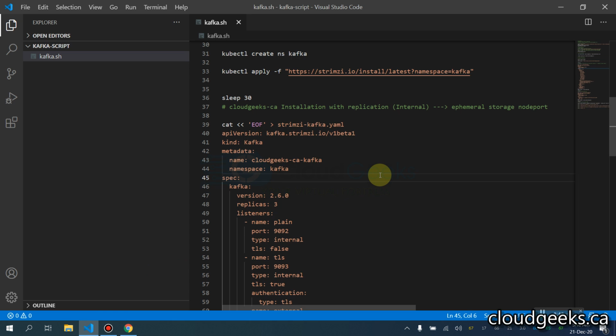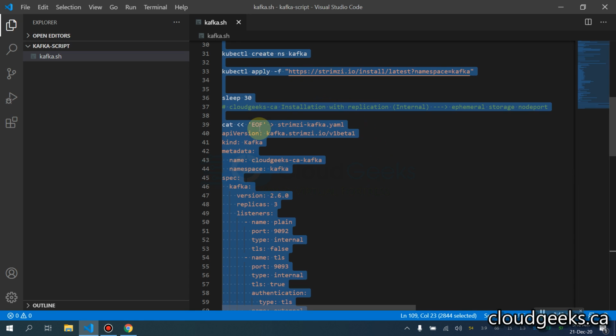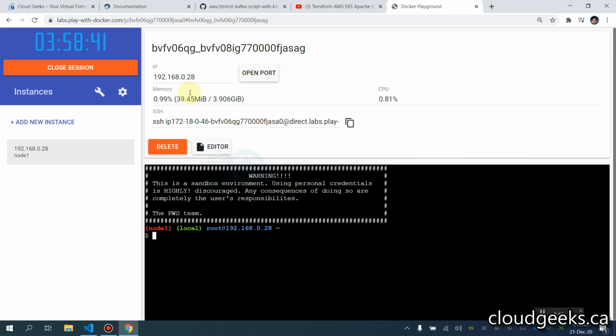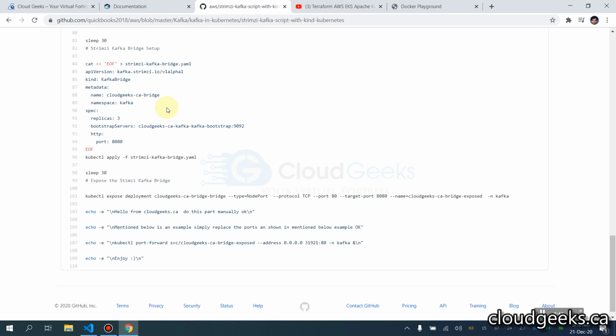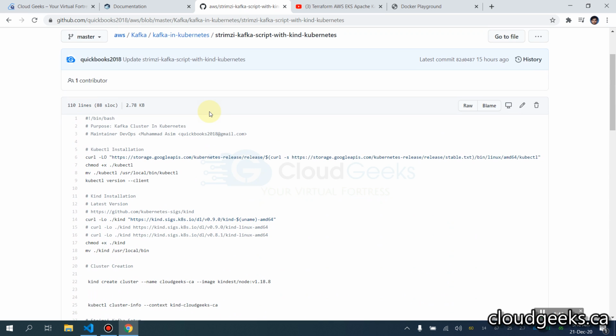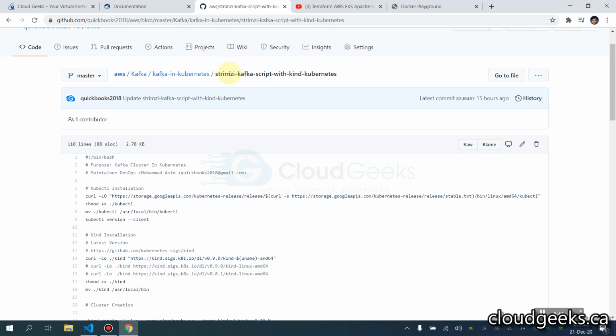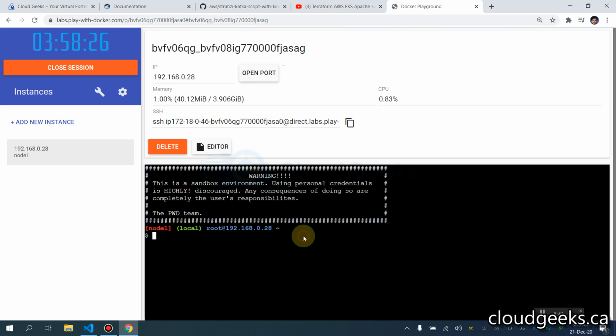So anyway, without wasting any time, I'm going to copy that particular script, and I'm going to paste it in my Play with Docker. I've already uploaded this Strimzi Kafka script with kind Kubernetes, and I'm going to provide you the link. So you don't have to do all that much stuff as far as the configuration. Simply type this